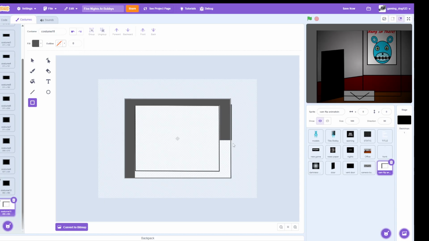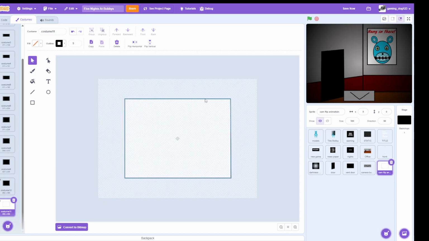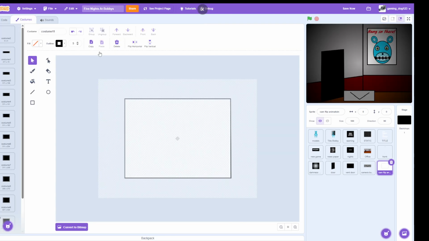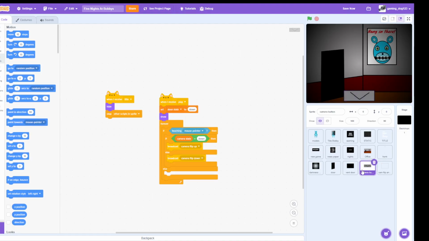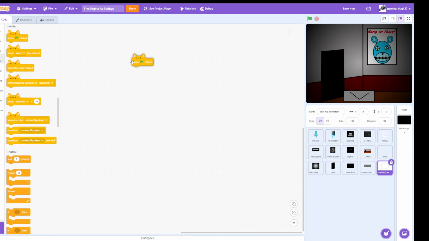So, this might look a little... you know what? I'm actually just gonna have that so you could just see the camera. And anyways, so, on green flag clicked,